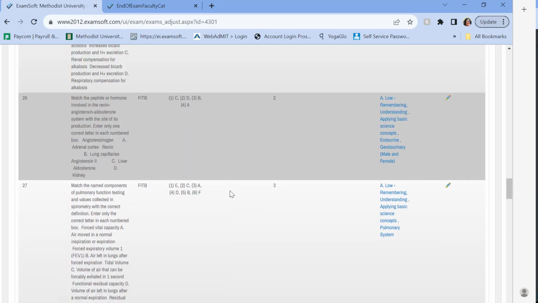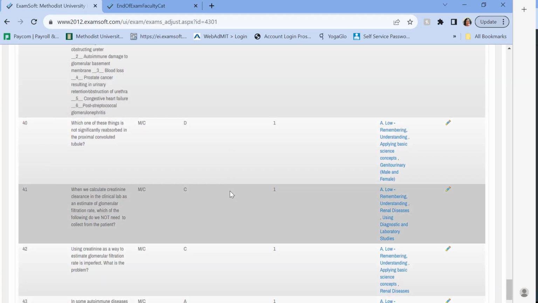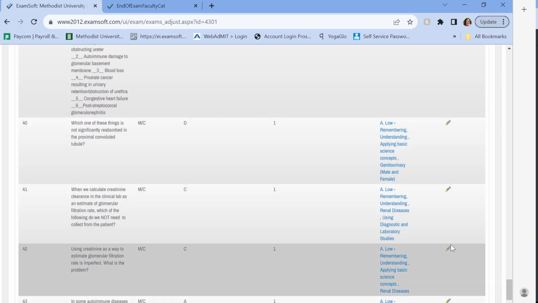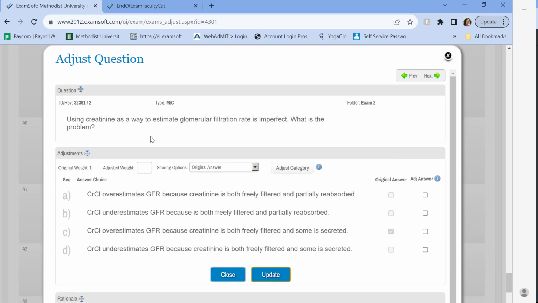So we're going to scroll down to 42, and we're going to hit the little edit pencil. And it says, using creatinine as a way to estimate glomerular filtration rate is imperfect. What is the problem? And this is something I emphasized in my lecture, that creatinine